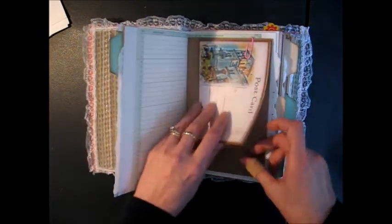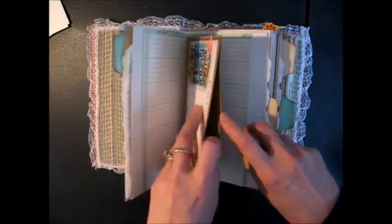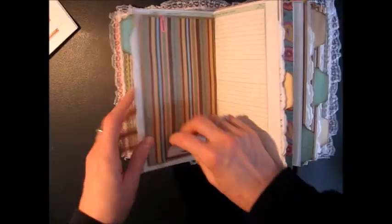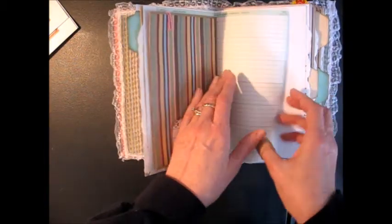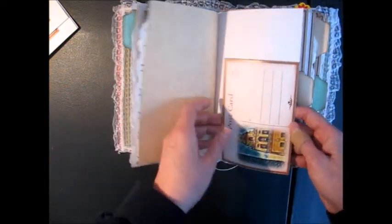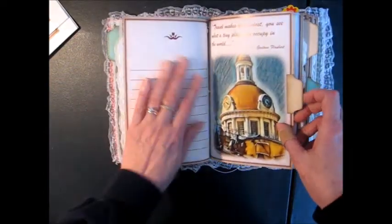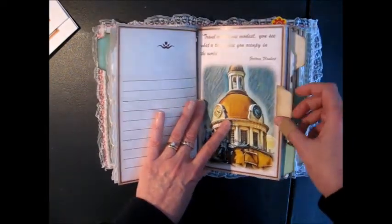This is one of the postcards from the printables, and there's an envelope, and you can insert something in there. So here's a little tab that you can slide something behind there, and the other doily, more paper, another postcard, and this forms a pocket on the side. And there's the back where you can journal on. And here's the next signature,